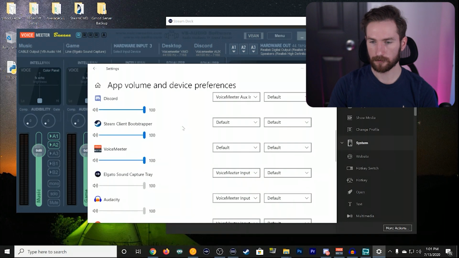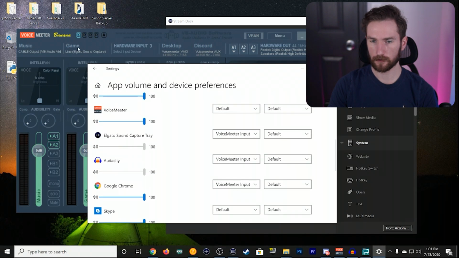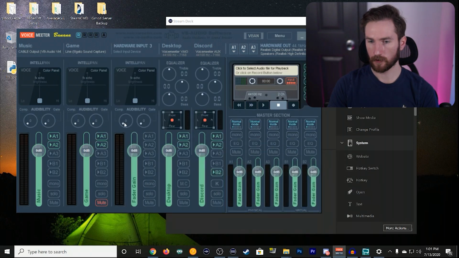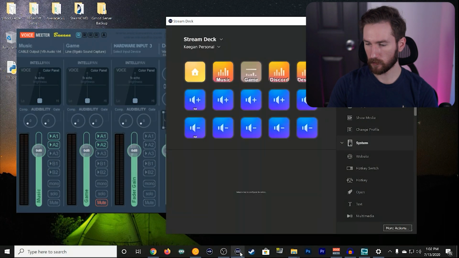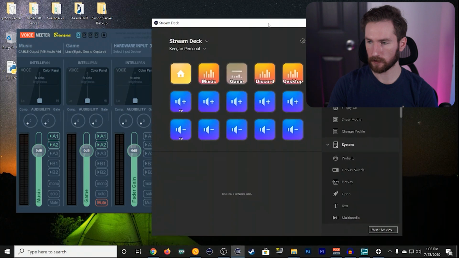I do have my game sounds. Any game that I launch, I have to specify this, but I have all my game sounds going to my game input here. So these are going to be all of your strips. Actually, I think it's all of these. I think you have 1, 2, 3, 4, 5 strips. And then these are your buses. So when you want to change your audio, that's Discord. I should probably close Discord so I don't get any notifications. So when you want to change your audio using your Streamdeck,